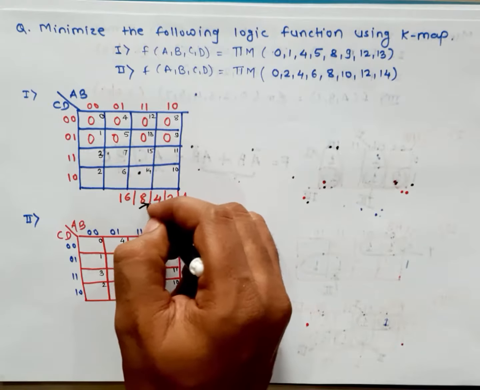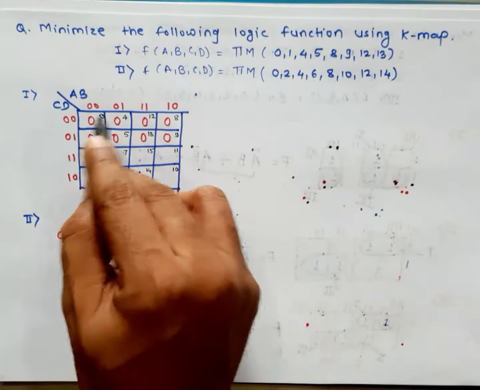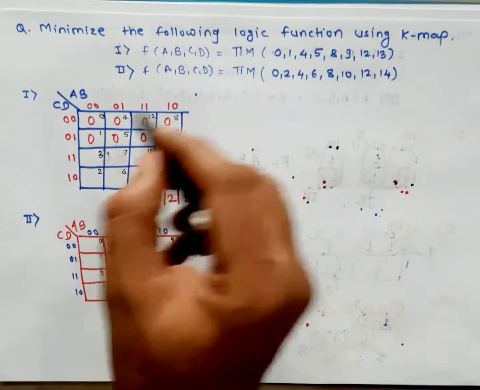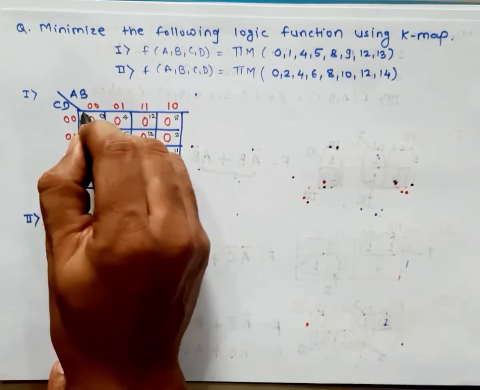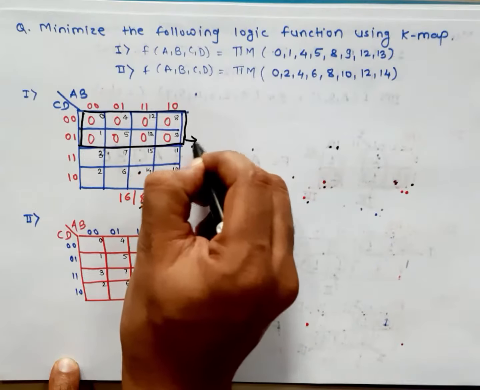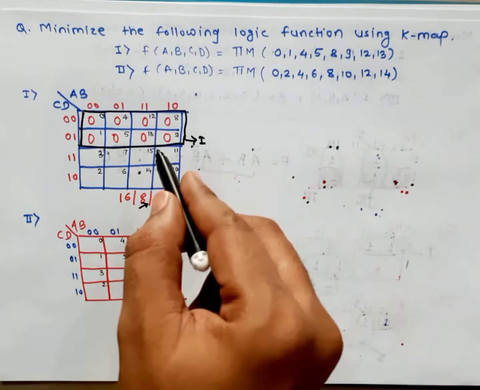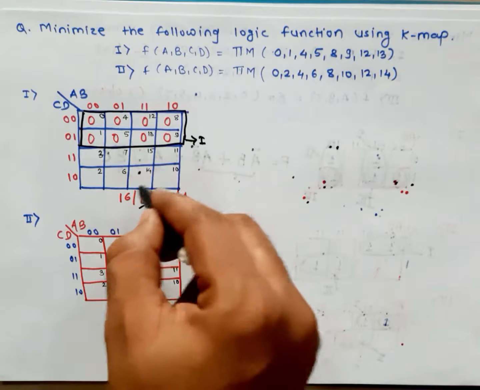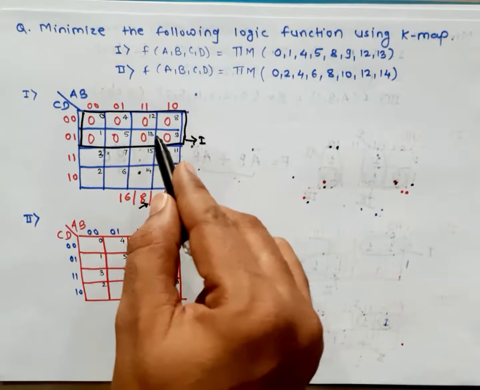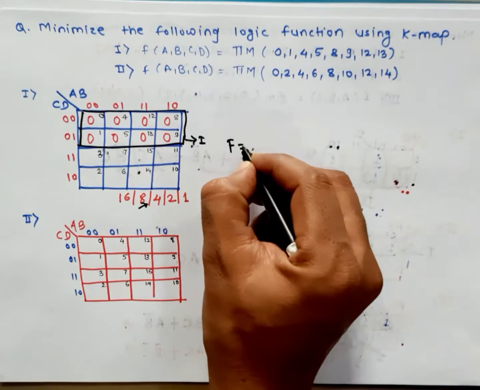Now a group of 8 cells is possible. Yes, we can see here a horizontal group of adjacent cells. Easily we can make a group of 8 cells. Now this is my first group. Any other cells which contain the 0 value, because it is max terms? No other cells have a 0 value, so we can say that within one group we have covered all these 0 values. So final equation is what?